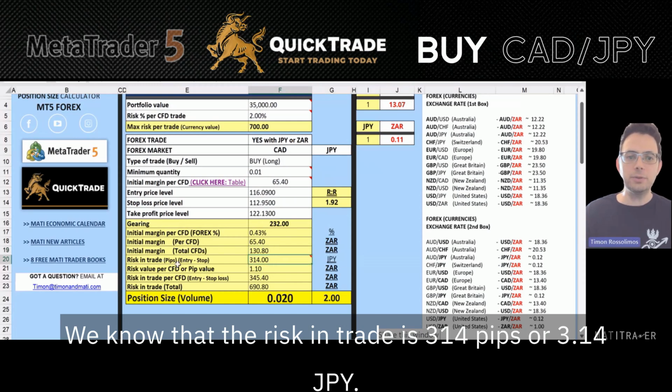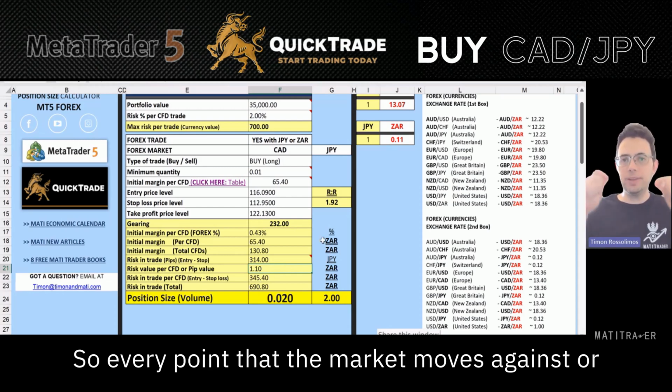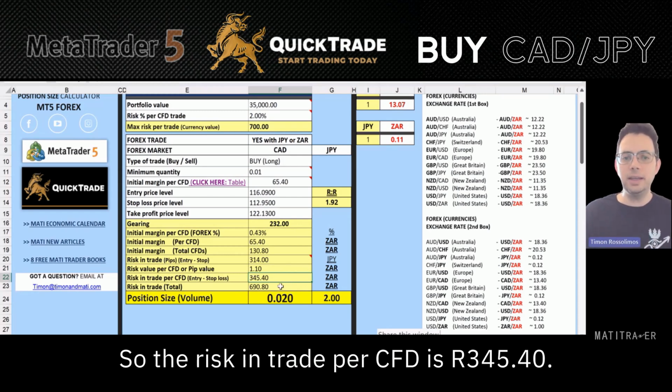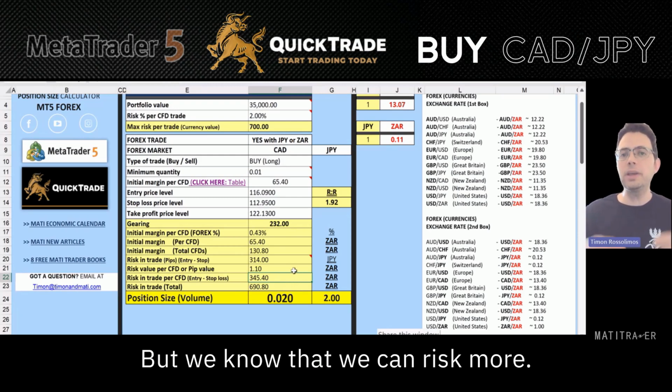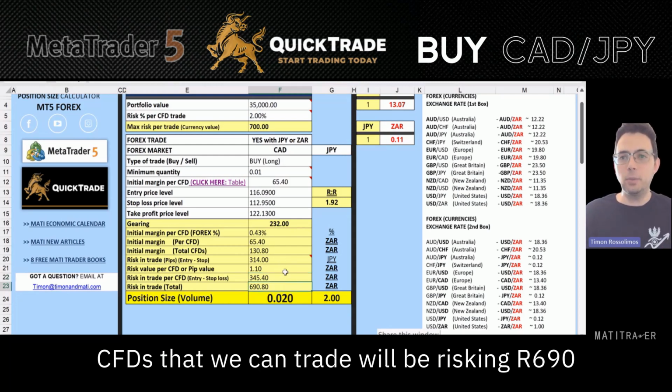We know that the risk in trade is 314 pips or 3.14 JPY. The risk value per CFD or the pip value is 1 Rand and 10 cents. So every point that the market moves against or for you, you will lose or gain 1 Rand and 10 cents. So the risk in trade per CFD is 345 Rand and 40 cents, but we know that we can risk more. So the risk in total trade for the number of CFDs that we can trade will be risking 690 Rand and 80 cents,